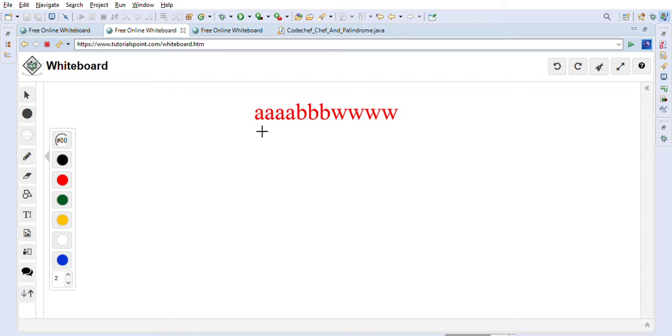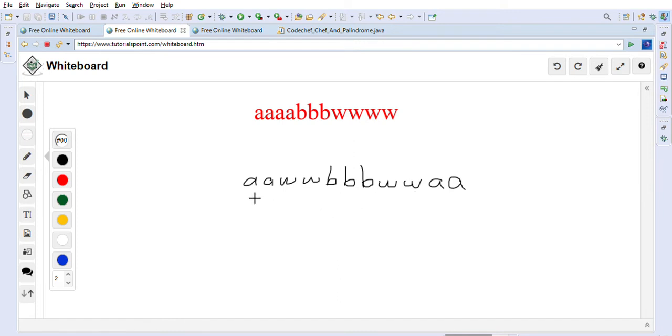So for example, we can take 2 a's, then we can take two w's, so ww here. bbb we will just leave like this, placed in the middle. After that, we will again take two w's, because there are four w's, and then aa here. So now we have rearranged these characters in such a way that it became a palindrome.